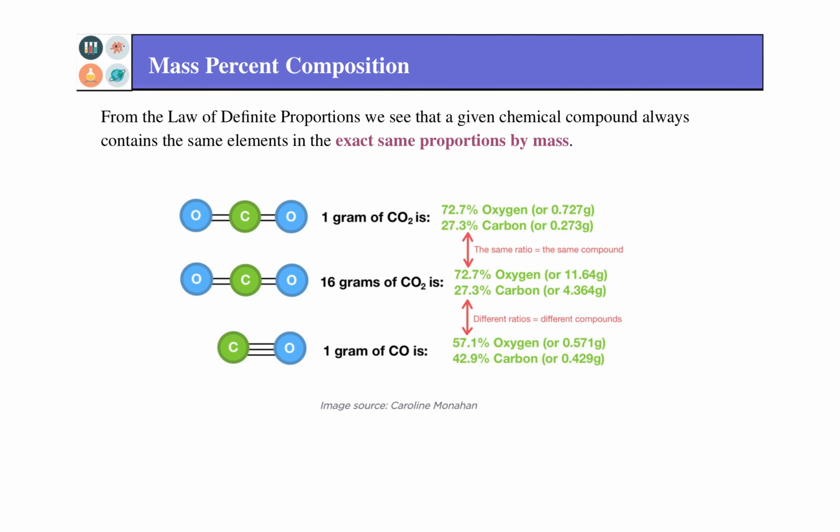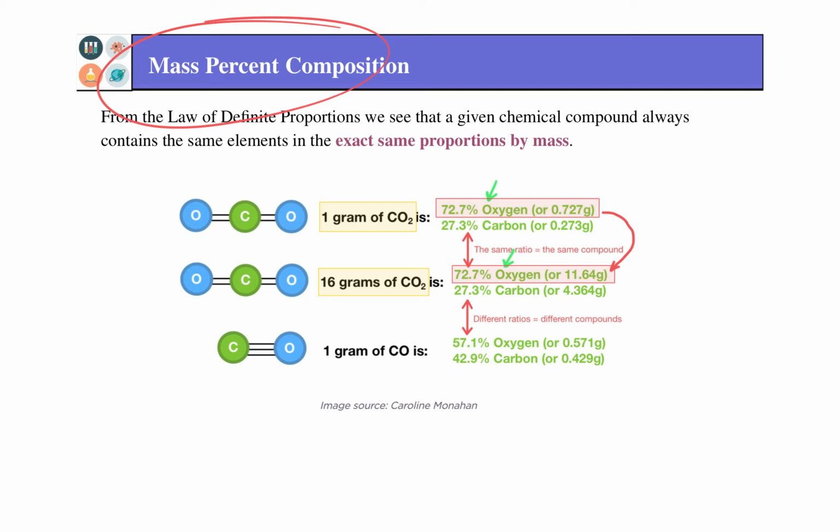Since a compound always contains the same elements, it always will have the same proportion of its mass be from those elements. We call this concept the mass percent. We can see here that 1 gram of CO2 or 16 grams of CO2 are always both going to be 72.7% oxygen by mass, even though 1 gram of CO2 has much less oxygen in it than 16 grams of CO2 has. They will both still have 72.7% of their mass be oxygen, because they're always 2 oxygen to 1